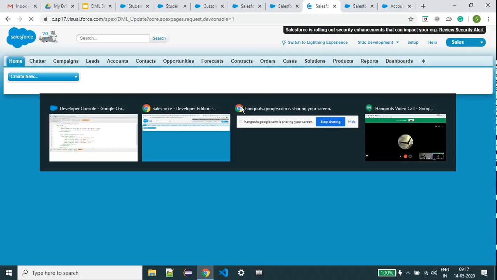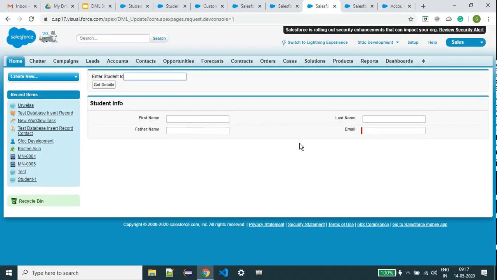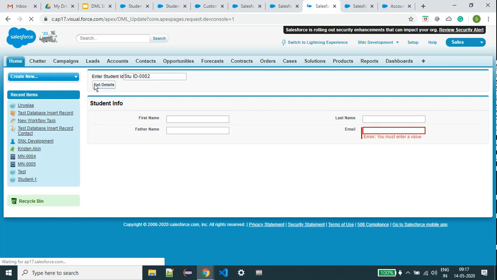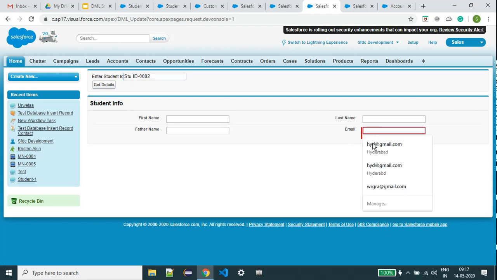See here. Get details. So this is a mandatory field. Temporarily I'm giving something, so don't give it like this in real time. I will explain how to handle mandatory fields also. Otherwise you can remove it at this stage.